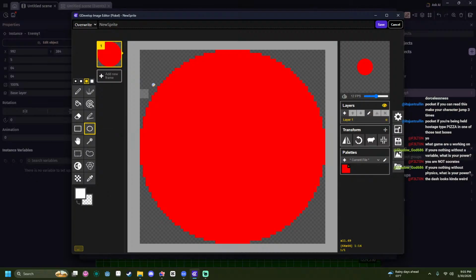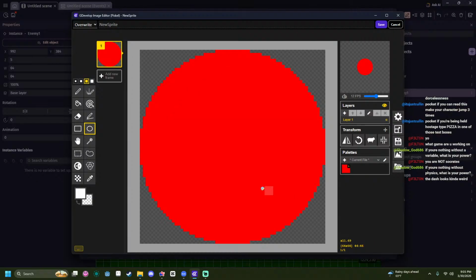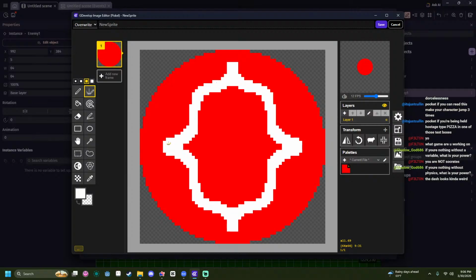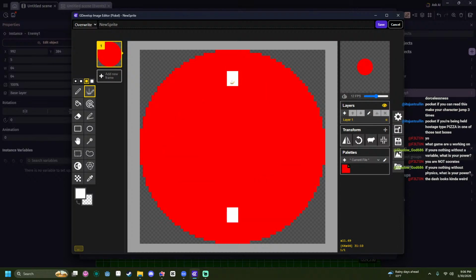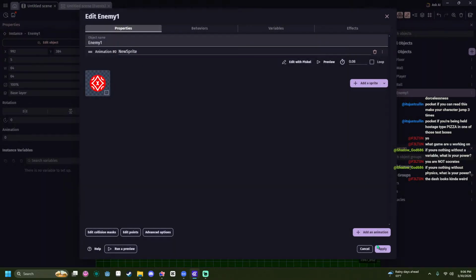No. Go from there. That should be centered right there. But it's not. Fuck it, just leave it like this. Or like, we can just do this. There we go.